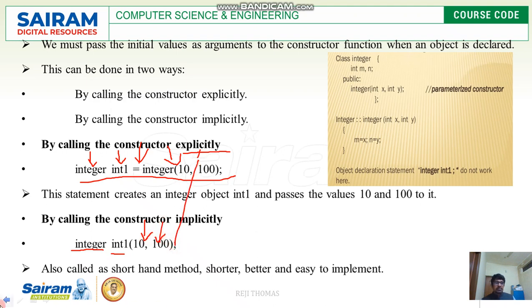These parameters will be passed to the constructor, where x gets the value 10 and y gets the value 100. So x will be assigned to m and y will be assigned to n. In fact, these data members are going to get the values 10 and 100. So this is about the parameterized constructor.